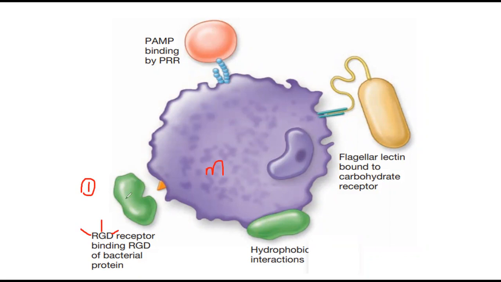If we look at the structure of a microorganism, for example this green one, if I write M, this is a microorganism, and as we know it consists of a cell membrane and a cell wall, and there are different proteins present in the cell membrane and in the cell wall. We all know that proteins are composed of amino acids, a variety of amino acids. So what does this receptor do? It detects the arginine, glycine, and aspartate amino acids of the protein present on the surface of the